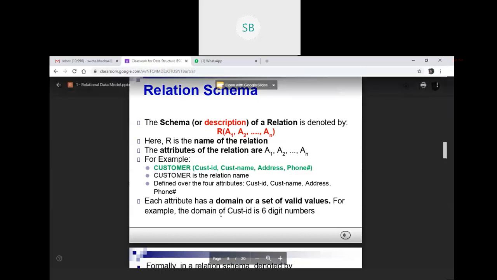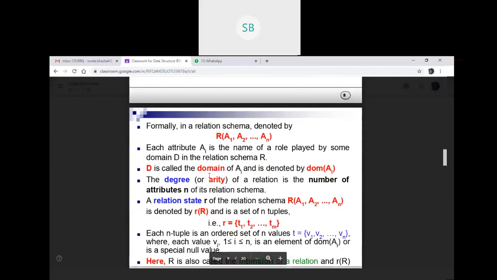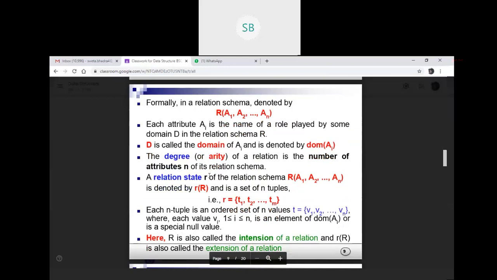For example, the domain of customer ID is a 6-digit number, so you can give any number. We have used the student ID, where we used a 3-digit number, which can be anything. Formally, in a relational schema each A of i is the name of the role played by some domain in a relation.